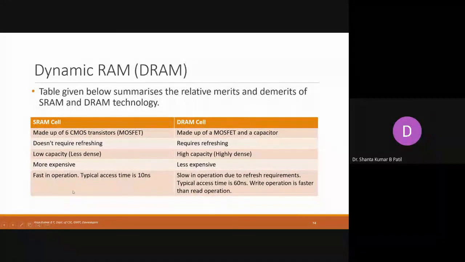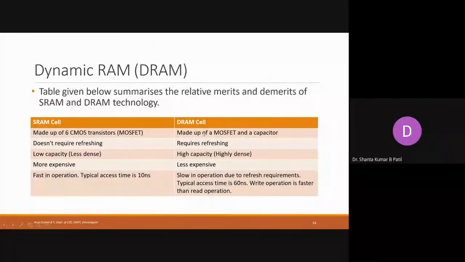Because of the more power consumption, heat dissipation is very high in the case of the SRAM. Heat is more, then maintenance is also more, whereas in the dynamic RAM, with less power consumption, heat dissipation is very less, so maintenance is also very less. No doubt, when heat is generated in any device, its life comes down like anything. In the case of the DRAM, only one transistor and one capacitor is there. It consumes very less power, less heat is generated, so maintenance is also very cheap.